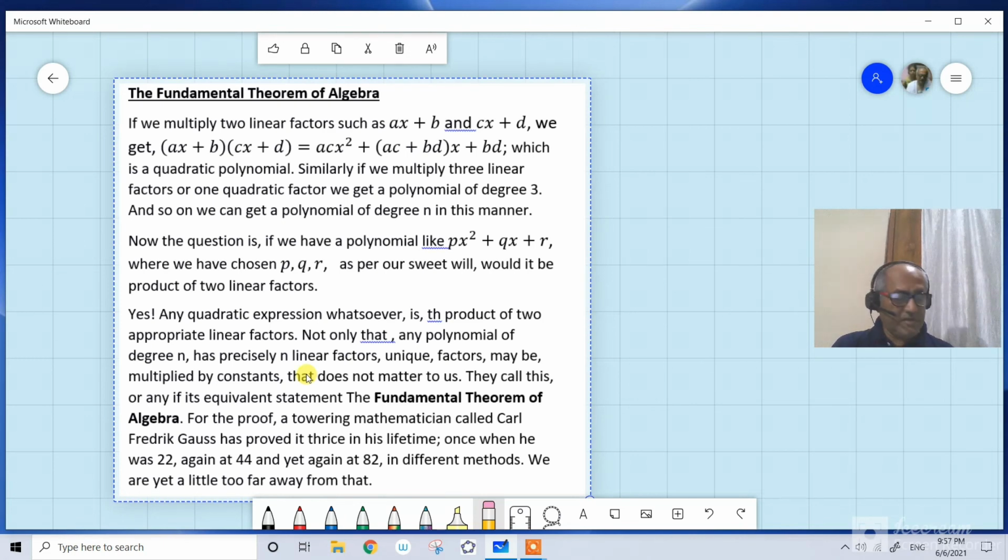Immediately we cannot understand the fundamental proofs by Gauss of the fundamental theorem of algebra. It tells that any polynomial has a root, and in fact in the next lecture we will show that a polynomial of degree n, if it has one root, must have n roots, and then we will show that it will not contain more than n roots. If it contains more than n roots, then it will be the zero polynomial.